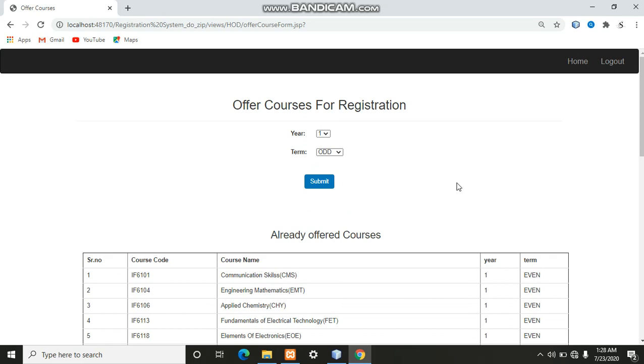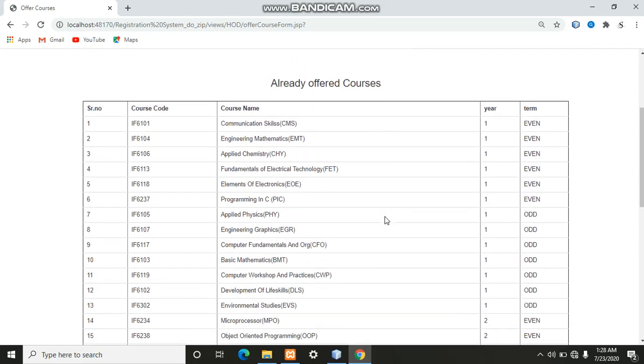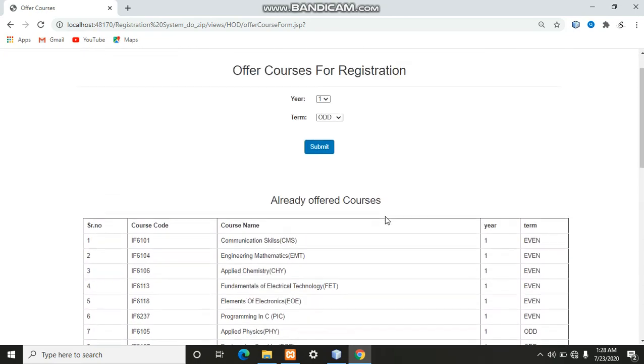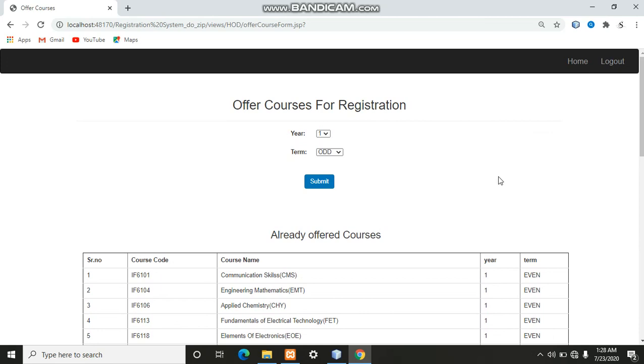If any course is pending to be offered, then the HOD can select the year, term, and then select the submit option. As I have already offered all the courses, no need to submit for any other year or term.